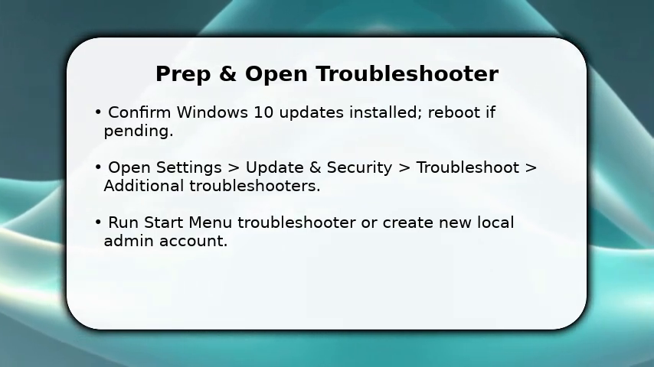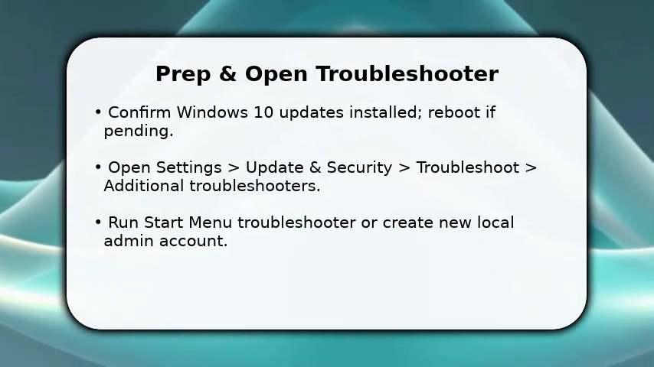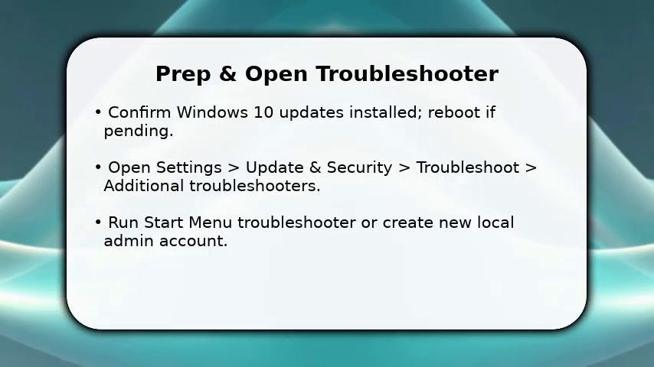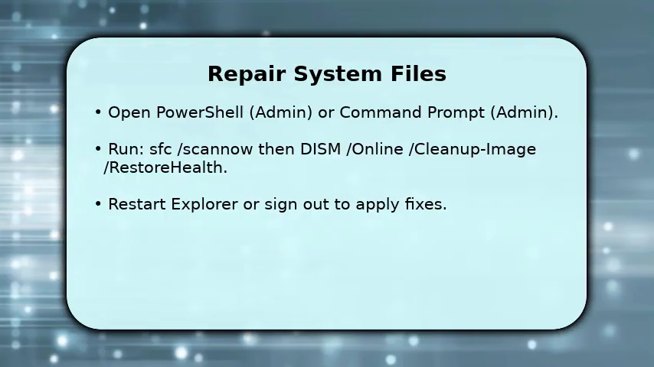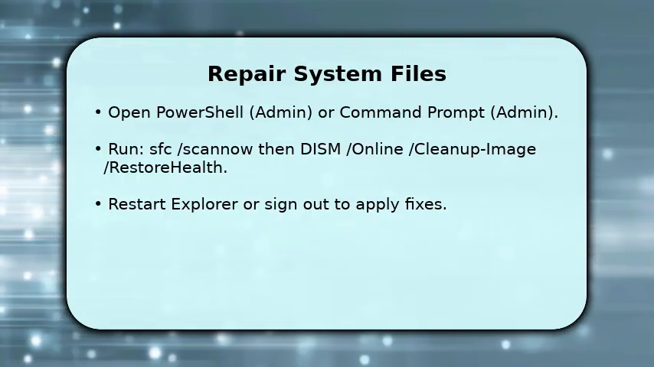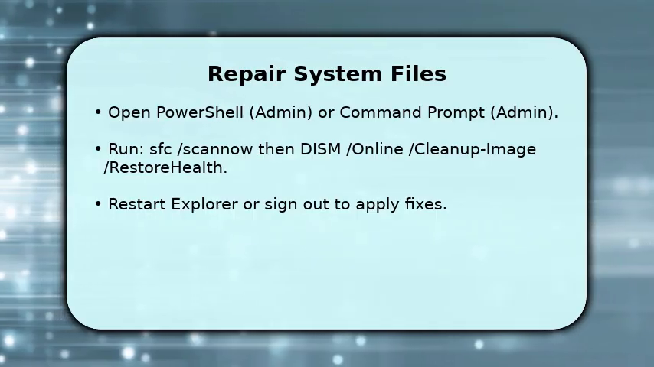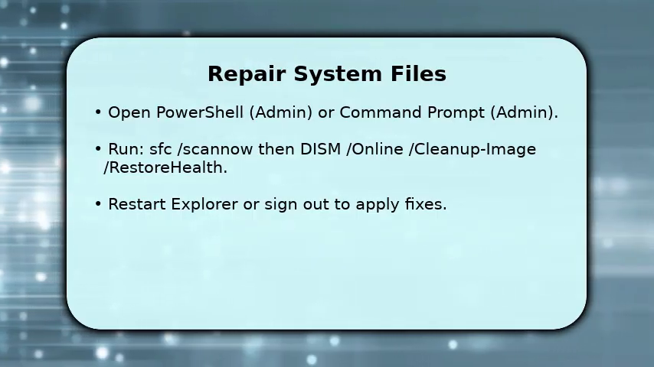Now you'll repair core system files to restore Start functionality. Open PowerShell as administrator and run sfc /scannow to detect corrupt files. This scans and auto-replaces damaged system files. Once SFC finishes, run